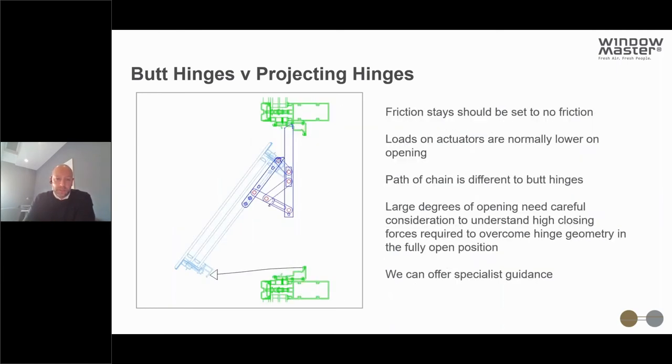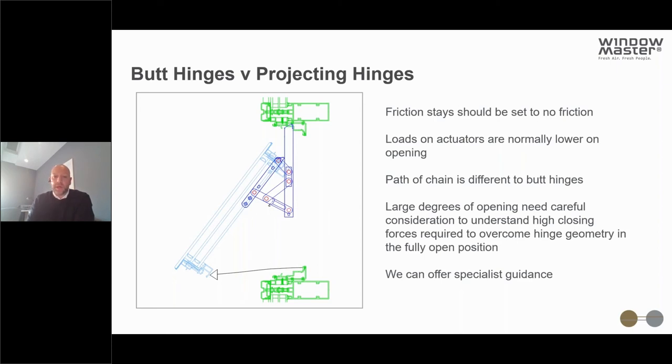With projecting hinges, it's important that the friction stays are set to no friction and completely released. Normally the loads on the actuators in the opening stroke are lower, and the path of the chain is obviously different. It doesn't arc upwards. It normally drops or is a more horizontal chain path, and depending on how far you're trying to open those windows, it's important to consider the path of that chain if it does drop,